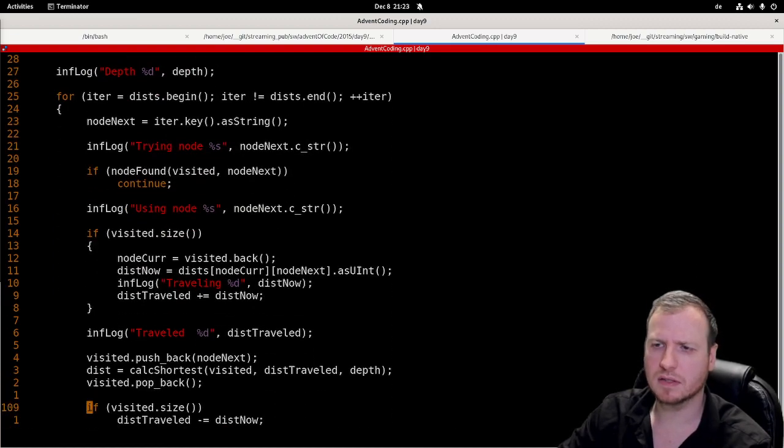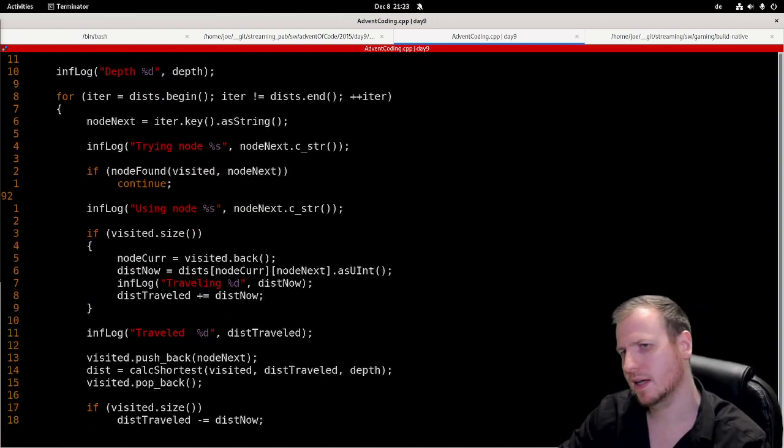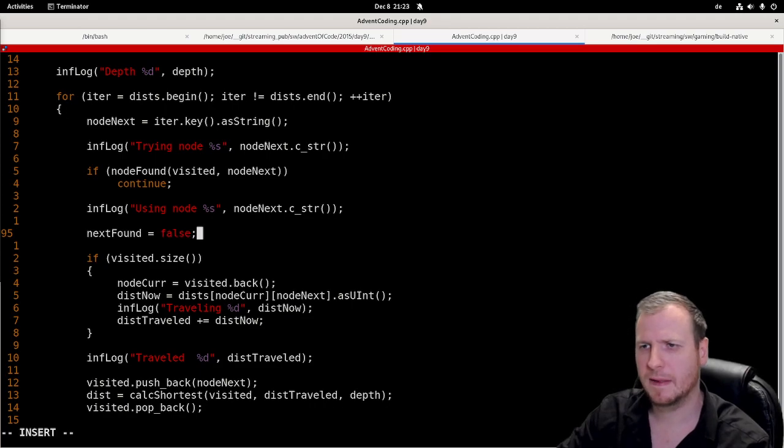If we have found a suitable node, then we can say using node blah blah blah true, and